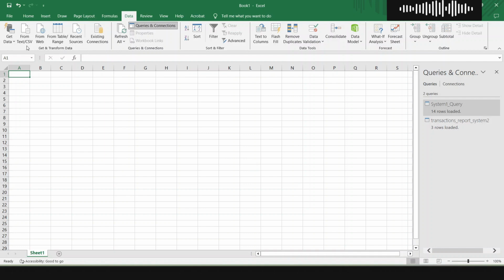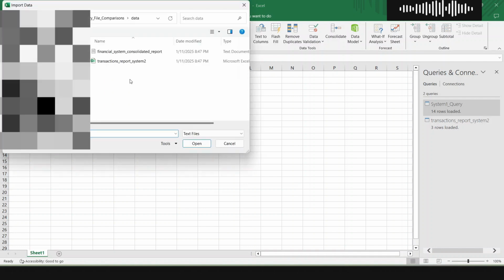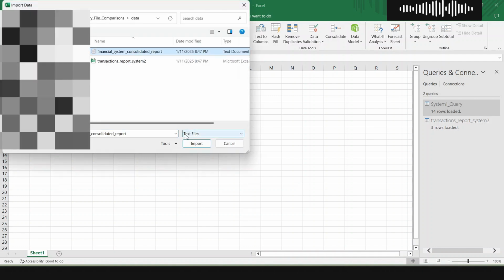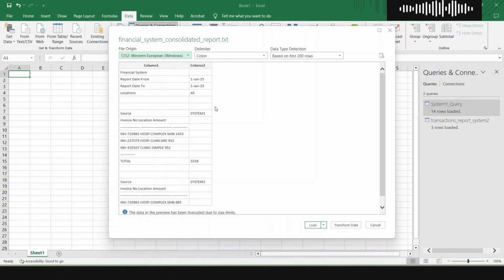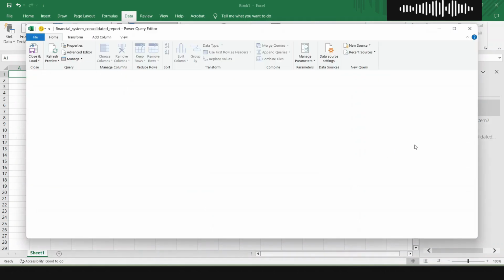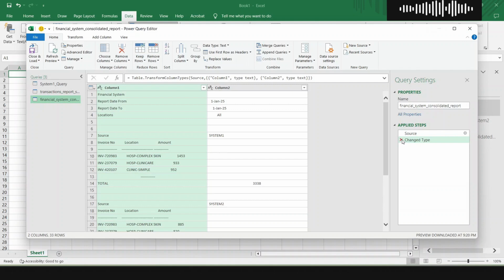Lastly, let's bring in our text report from our financial system. This will be a more involved piece of work because we have not only header rows, but also some data that we need to transform into columns. So let's see. Click on Transform, remove the change type. First thing is